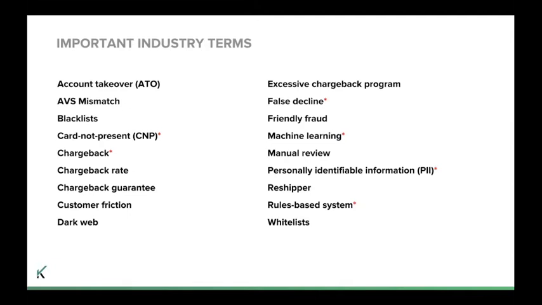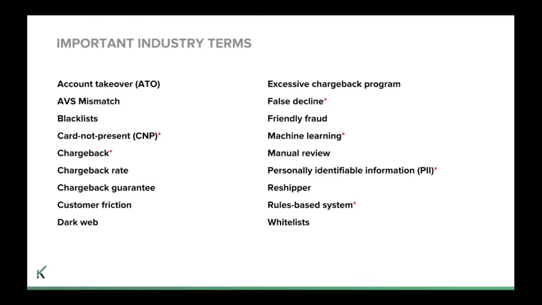But at a high level, rules-based is one, and in the context of CNP fraud management, rules-based systems are used by merchants to determine how to handle a transaction. Based on various criteria, it's typically a score of the risk profile of that order. And then there's machine learning. Machine learning's talked about a lot now. It's basically just an advanced artificial intelligence technique which allows computers to refine their behavior or learn without being explicitly programmed.